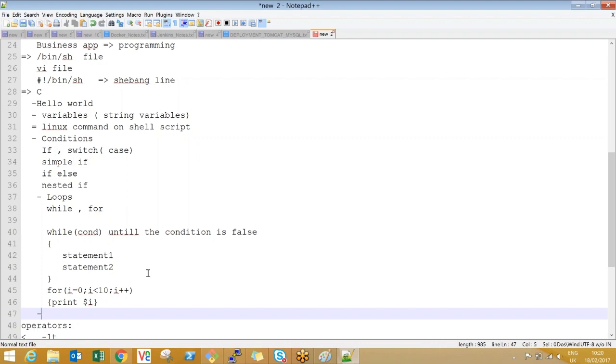What else will be there, guys? Goto statements in C. Goto statement is something like going back to a particular statement, but that is not there in the shell, guys. Anything else? Abstraction. Abstraction is an OOPS concept, and shell scripting won't support any OOPS concepts, guys. There is no exception handling, multi-threading, and so on. These are not there in the shell. Template. Template in which language?